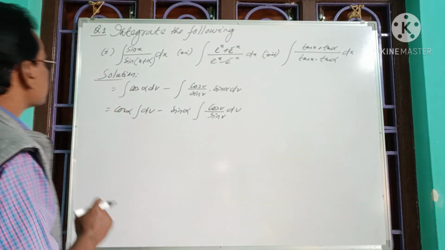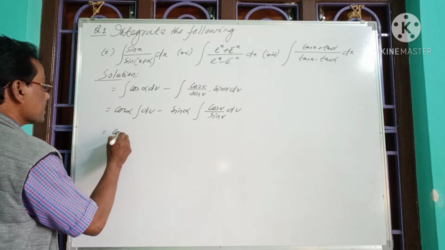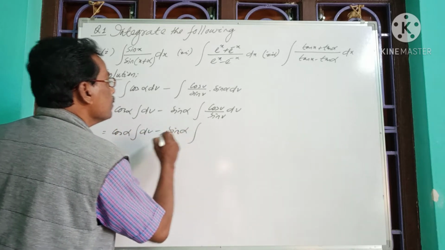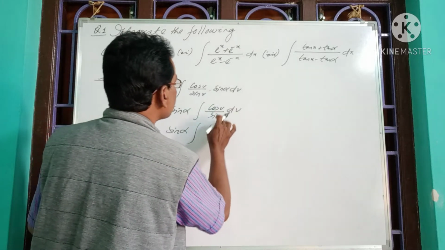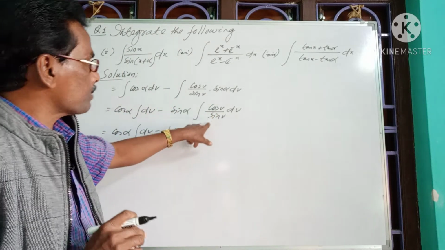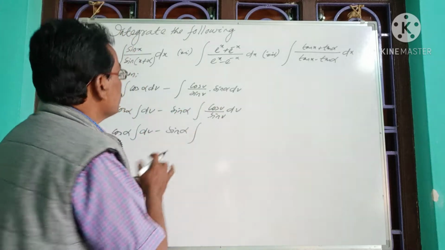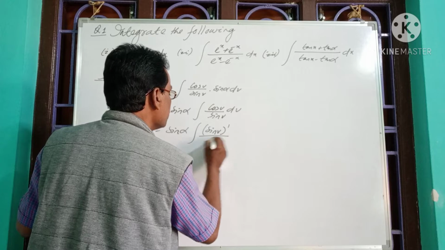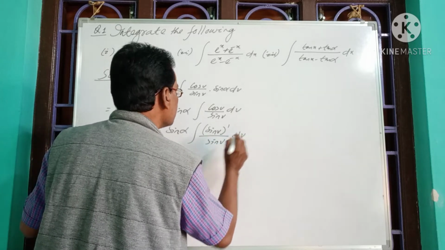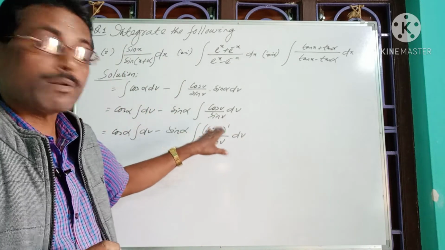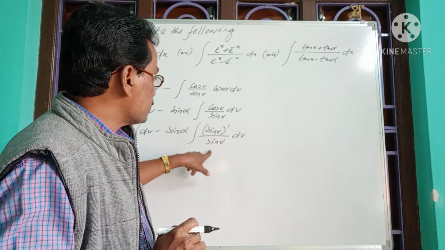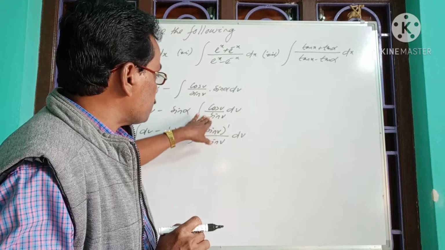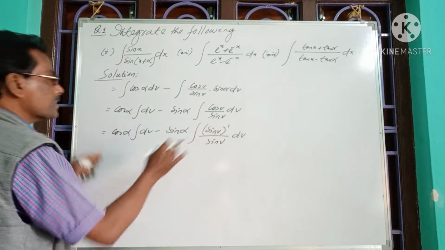So again we have cos alpha into integration with respect to v minus sin alpha into integration of, in place of cos v we can write, you see the derivative of sin v is cos v. So in place of cos v we have the derivative of sin v, that is sin v dash by sin v with respect to v. Now the integrand is in the form of g dash x by g x, that is in the numerator we have the derivative of sin v, that is cos v. So now both the integrands are easily integrable.